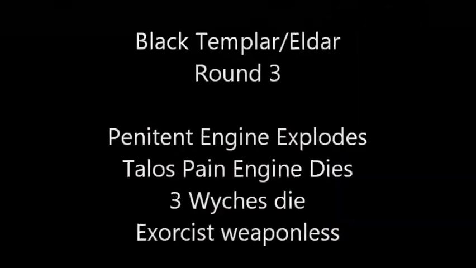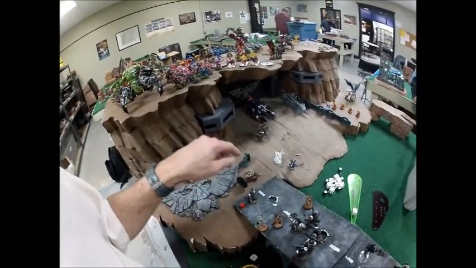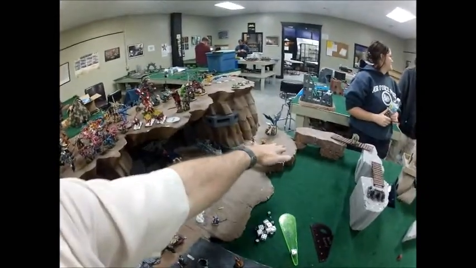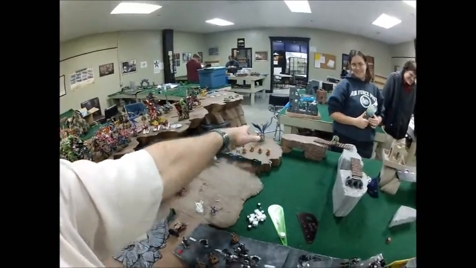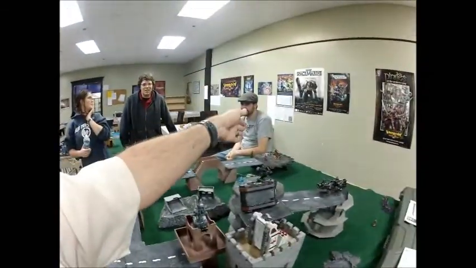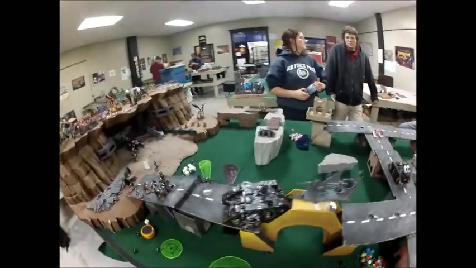So, all right, St. Celestine doesn't get up on this round. The Canoness lands right here. Those squad fall back because there's a Lord of Change coming at them. This box moves over here. Those guys are laying on the ground, so they stand up. This flies to here, and